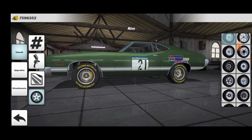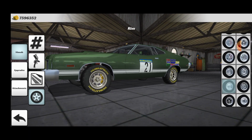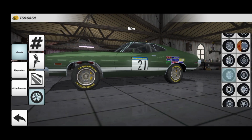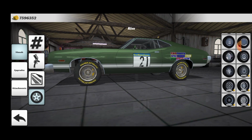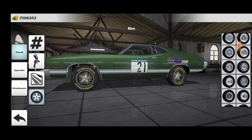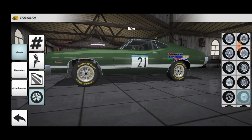I'm not sure how I feel about the wheels, though. I kind of wanted to go for something similar to what the guy had in the movie. This is a lot different compared to the wheels that he had on the car in the movie. They were probably not really closer to that, because those are like the F40 style wheels. I'm trying to find something here that would actually work. No, those are the Porsche wheels. No, definitely not. You know what? I think I might just stick with those stock style wheels. Actually, no, I think these were kind of like what was on the car. Yeah, they're kind of like this. But, yeah, I don't know. Anyways,